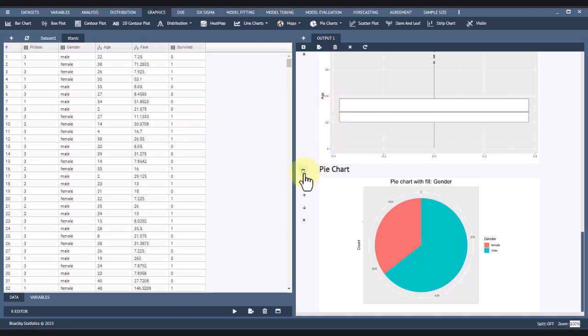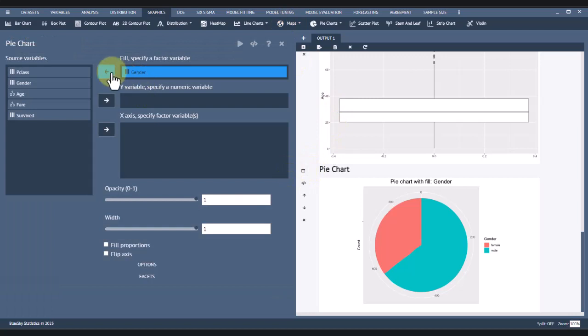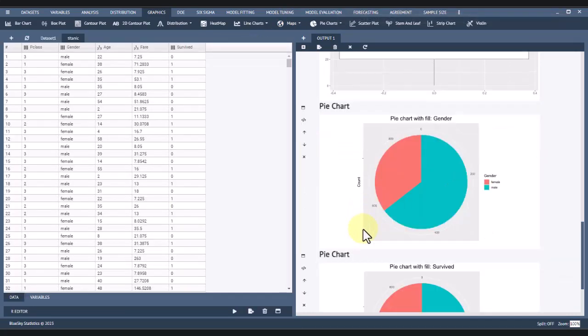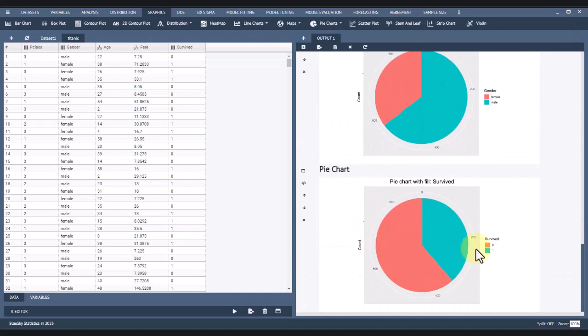Likewise, we could repeat this pie chart for the variable survived, and you can see that 0 is in the majority. So you could say from this pie chart that the majority of the passengers did not survive. Okay, so